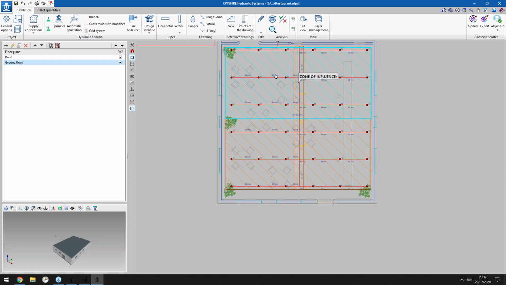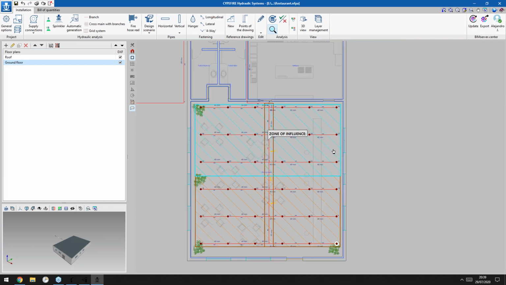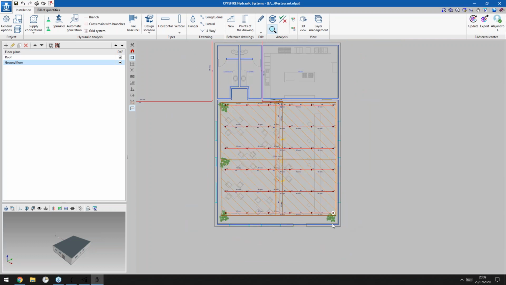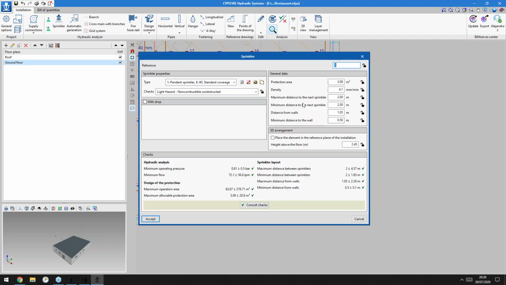And if you have more info about this, how to introduce it, we have a video in the manual and on YouTube for how to introduce this seismic brace in CYPEFIRE hydraulic system. Once we have introduced all the installation, we can go to the sprinkler inside